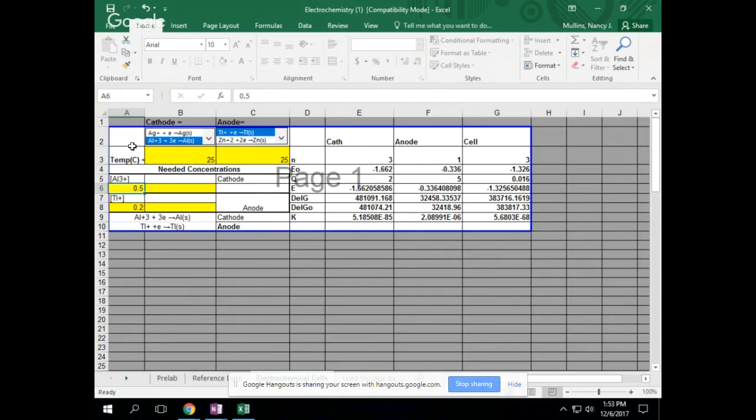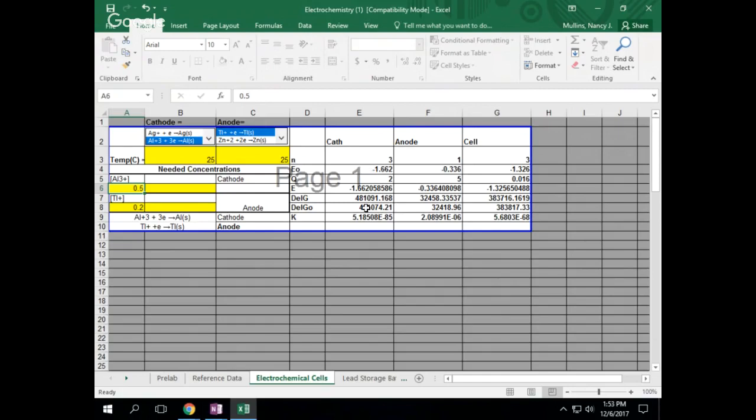And your anode still only has 1 electron in the process. And so it has populated what n and E0 is. It's calculated what the mass action expression is based on these concentrations. So if you want to check your numbers, you can do it easily. It will only ask you things that will show up in the mass action expression so that you can check and see how you're doing with